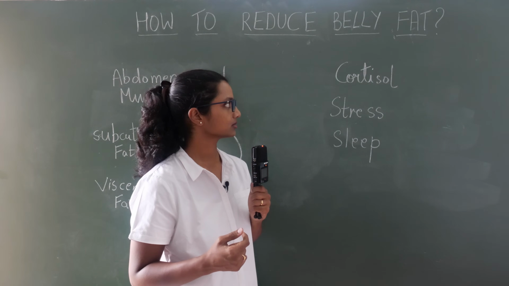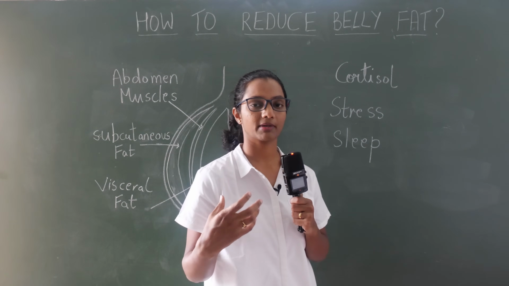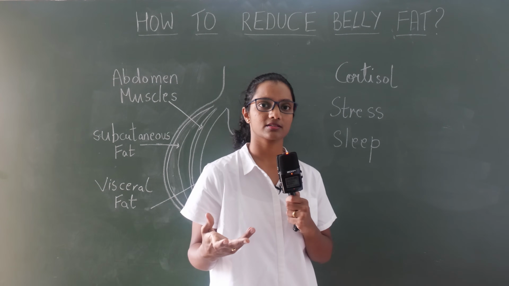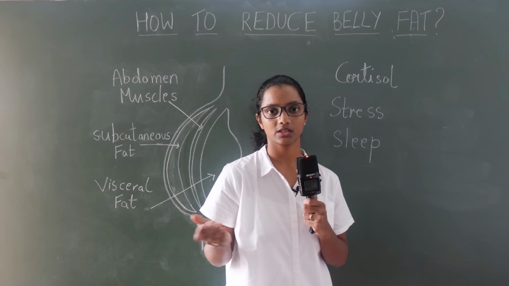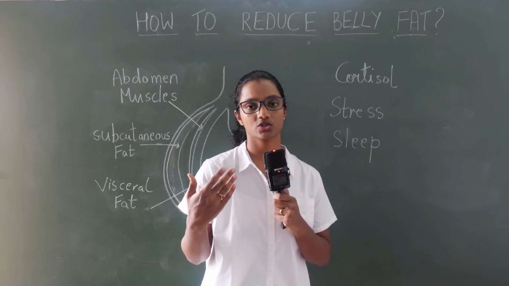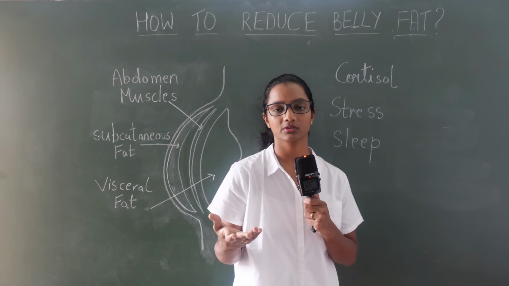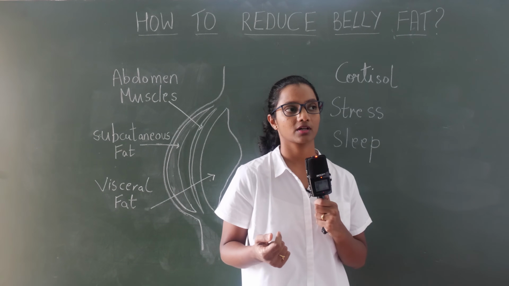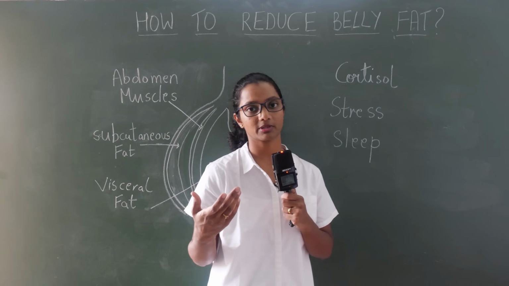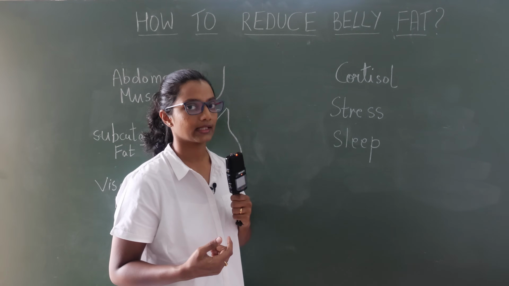The major contributor of abdomen belly fat is cortisol hormone. There could be many reasons. It depends on every individual. Every case is different and unique. It depends on individual lifestyle, food habits, hormonal imbalance if they have it, also if they are on some medication. So many things need to be considered and are contributors for ill health.